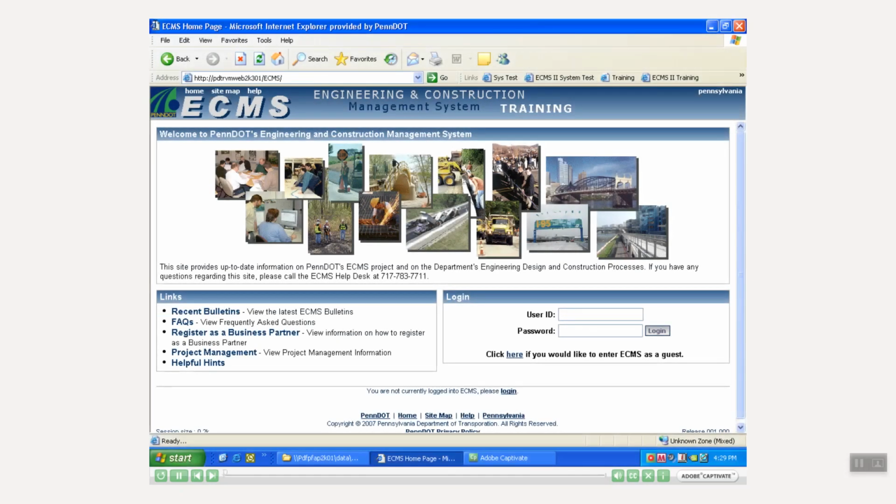Currently looking at the ECMS welcome screen. This should look familiar. Here I'm going to log in as a consultant with a consultant principal user ID. In order to log in as the consultant, I'm going to go to the user ID field. Here I'm going to enter in my user ID and hit the tab key on the keyboard, and then password is my password I'm entering. Here I'm going to hit the enter key,